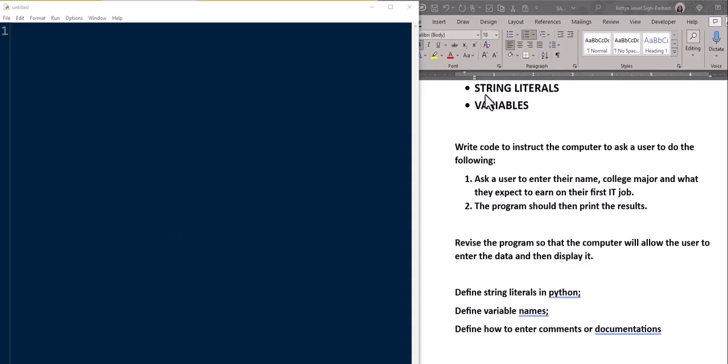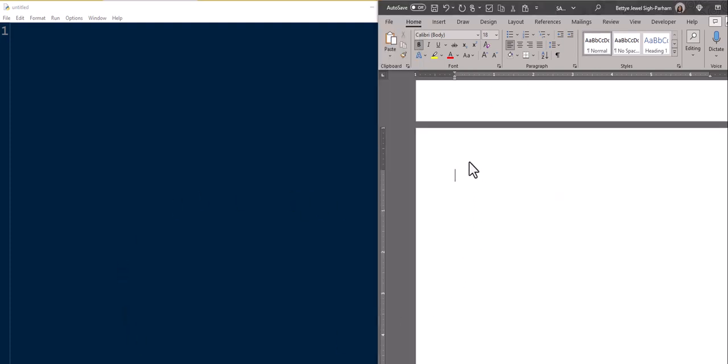Just a reminder, we're going to show you how to define string literals and variables, and eventually we'll show you how to enter comments or remarks or documentations to remind you what you're doing. And so we're writing code to instruct the computer to ask a user to enter their full name, their college major, and what they expect to earn salary-wise in their first IT job. In order to program the computer to do the following, that is, ask the user to enter some data and to output the data, we need some predefined